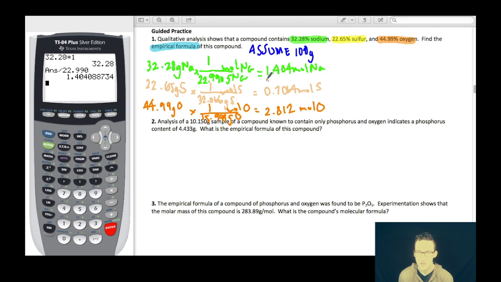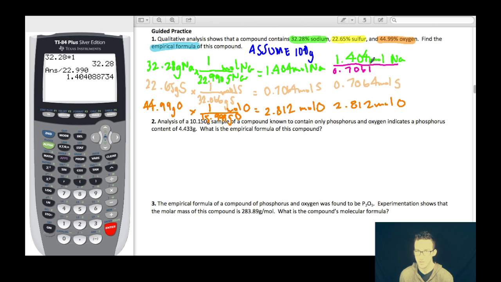So all you need to do, if you are unable to see what the ratio is from the number of moles, the easiest thing to do is simply to take the number of moles of each element and divide them by the smallest number of moles, and that will give you the ratio between the elements every single time. When it's easy to see and when it's maybe a little more difficult to see, it'll still give you that ratio. And so if I divide each of them by the smallest number of moles, which in this case would be the